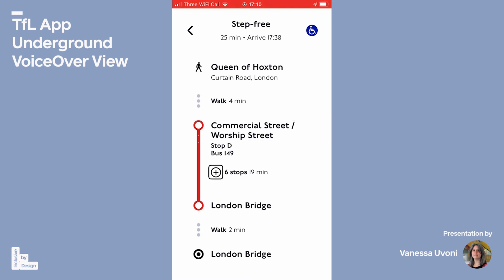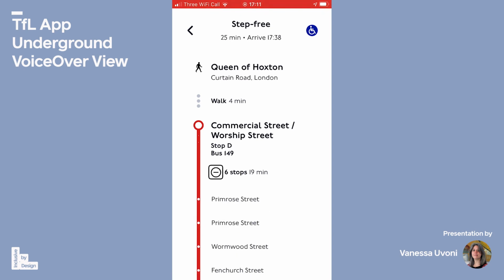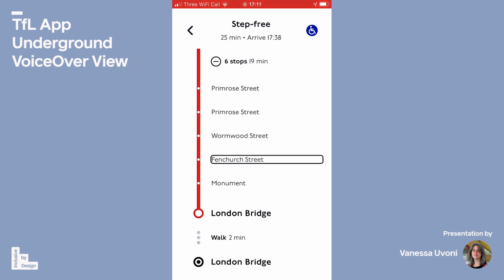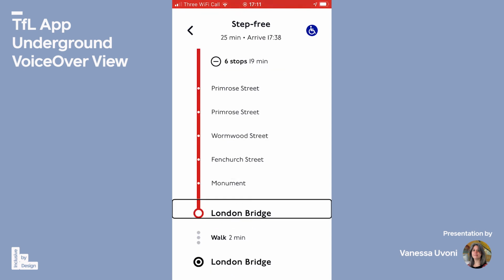Show 6 stops, button. Hide 6 stops. Primrose Street. Wormwood Street. Fenchurch Street. Monument. To London Bridge. 2-minute walk, button. To London Bridge,